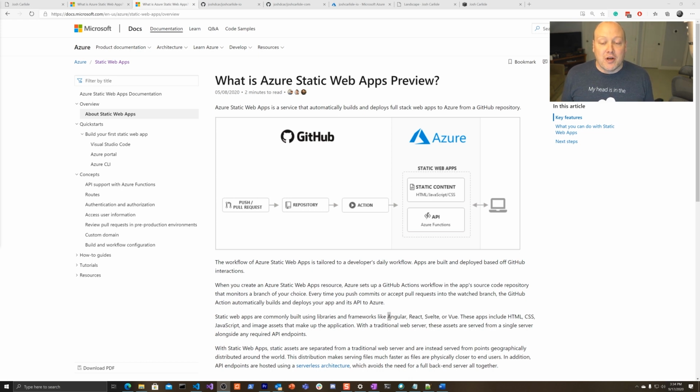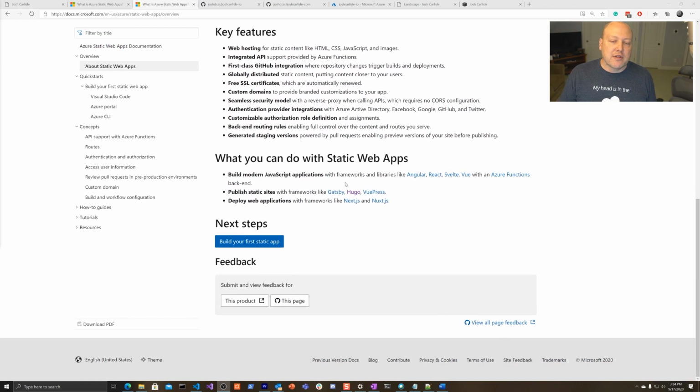My next question was Azure Functions, love them, right? But I also know, based on my experience with Azure Functions, there's lots and lots of languages available. Are there any restrictions to me, right, of what language I can build my serverless APIs in? Well, if we scroll down to the bottom here, we'll start to get a few hints on what we're restricted to, at least during preview, right? You've got to remember this is preview, so things can always change.